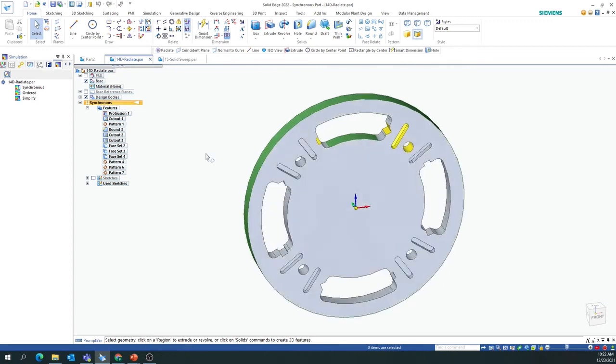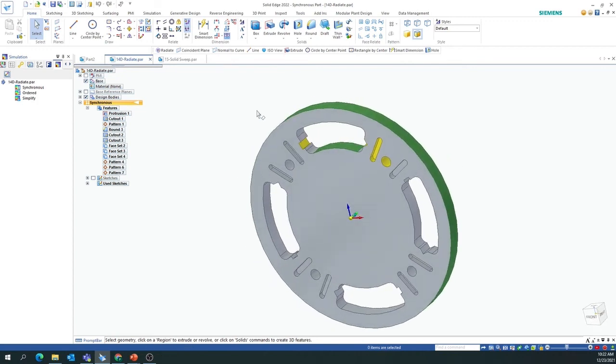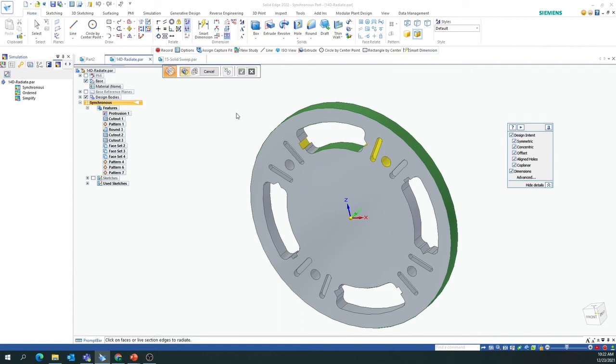So I have a part in front of me here. So this new radiate command can be found under the evolve drop down. As you can see here on the screen, we have the new radiate command. So the workflow for this is you will first select all the coaxial faces. So first I'll select this face right here, and then we have an option which will automatically include all the coaxial faces to that particular face that you have selected. So I'll just use this command,